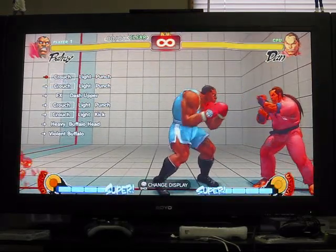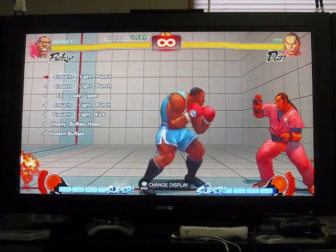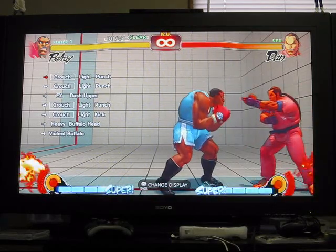Well, that was a regular, but the EX does the same way, and it's a little faster. It's got less frames, so you can link everything together. With this trial specifically,